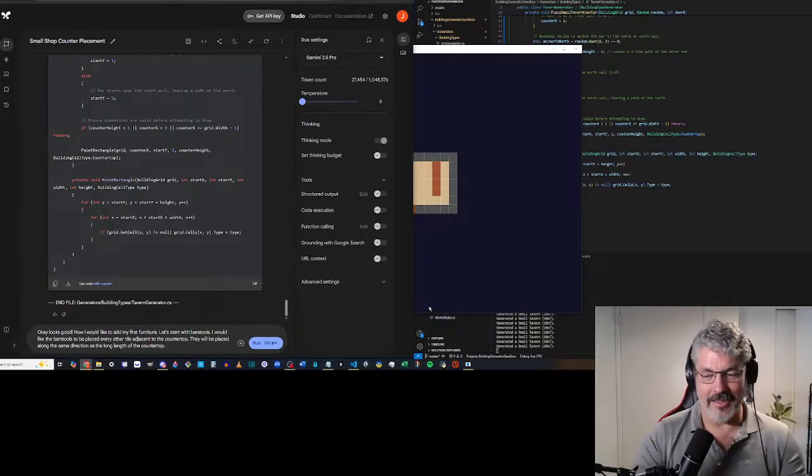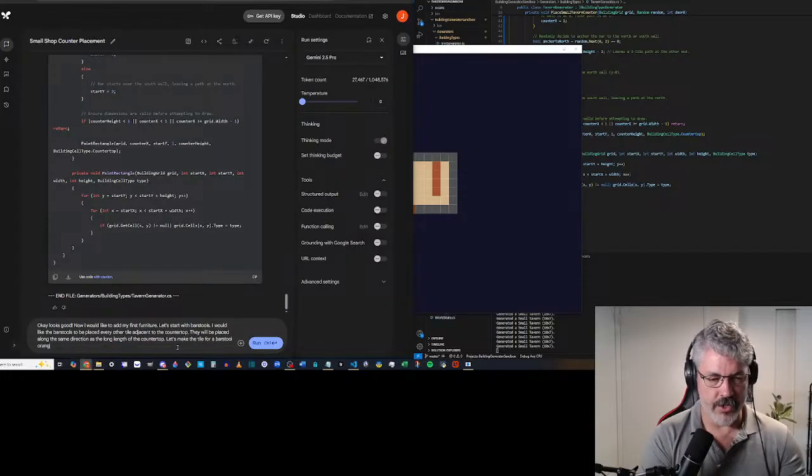AI kind of understands what bar stools are, but when it comes to coding, sometimes it'll be a little weird. Okay, so I'd like the bar stools placed every other tile adjacent to the countertop. Let's make the tile for a bar stool orange.